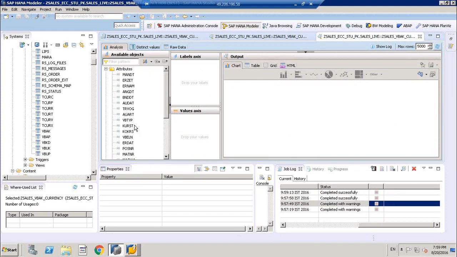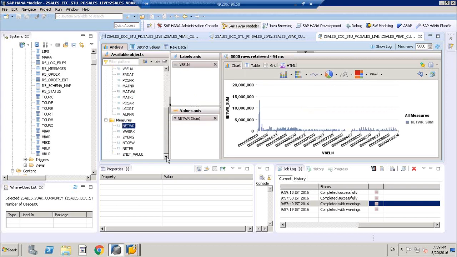So now we can go with data. Let's go with the label axis as this one, and NETWR as a value axis. We can see the data. So if you want to see the NETWR, which is of